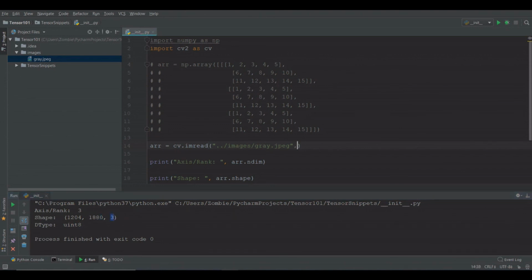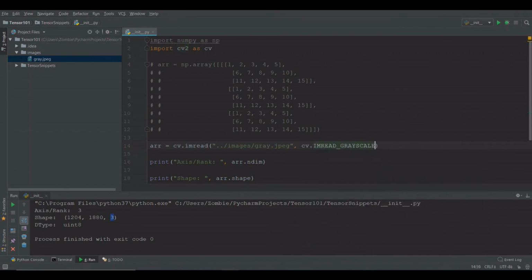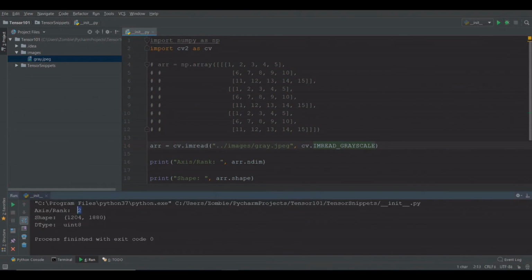We can also read the same image in grayscale mode using grayscale flag. Now again run it and see what has changed. So the rank goes down by 1 because grayscale images have only one color channel.